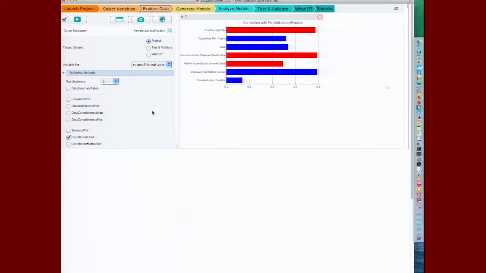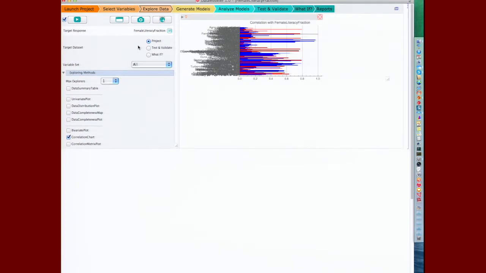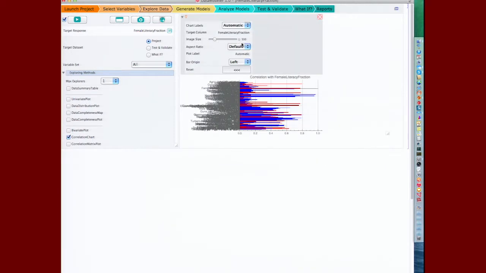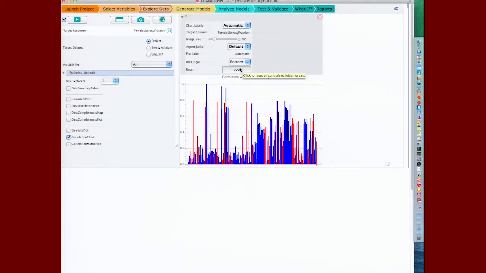Correlation chart of the correlations, but the opening going, we should look at all of them. And what we see here is we'll just put the bar origin on the bottom, and that will kill our 230 labels, 240 labels. So we're modeling literacy fraction. We're going to see that female literacy fraction and male literacy fraction are, of course, pretty highly coupled, as